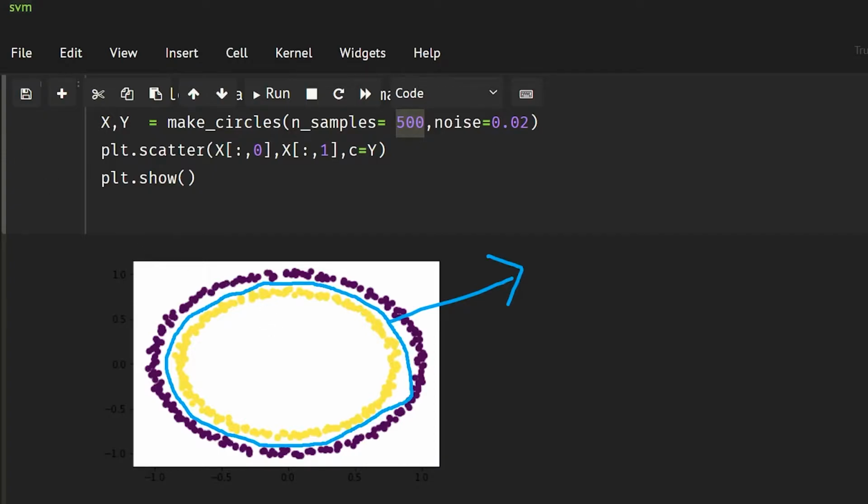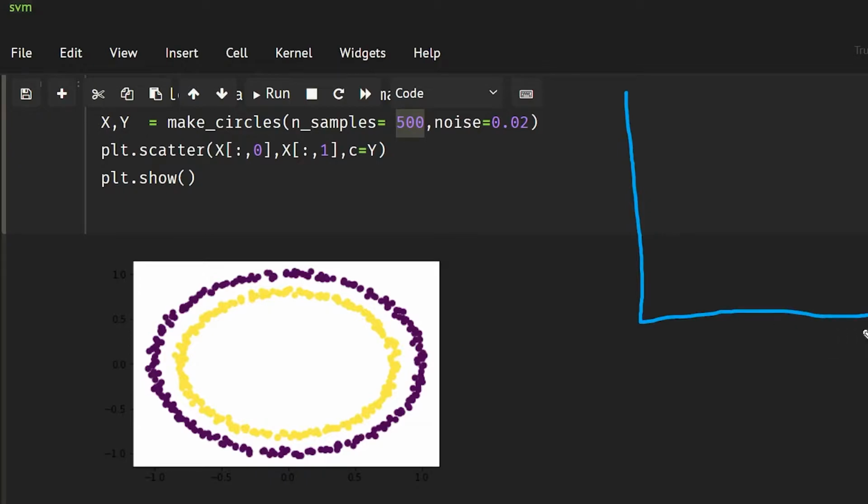So let's suppose this data is in 2D right now, and let's suppose you convert this data into 3D data. So let's suppose you have some data like this, okay, but then you add a third dimension to this. If your imagination is strong, I guess you can see how you can separate this kind of data with that. So let me just give you an example.